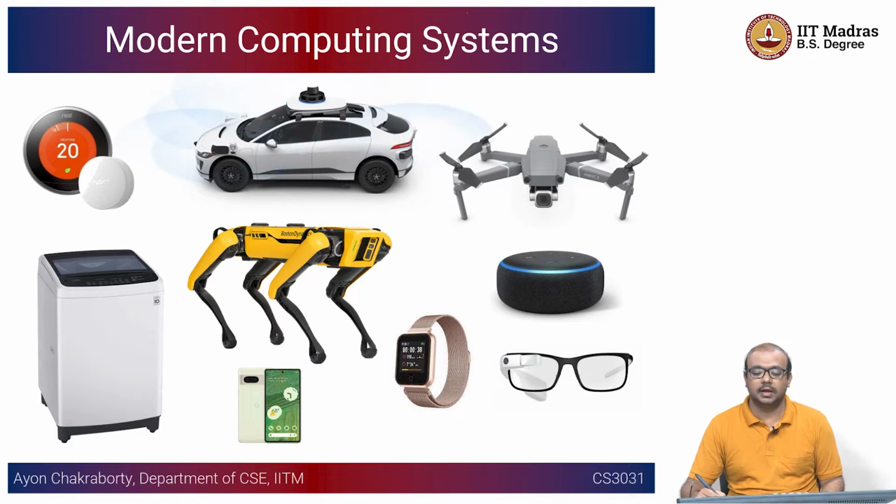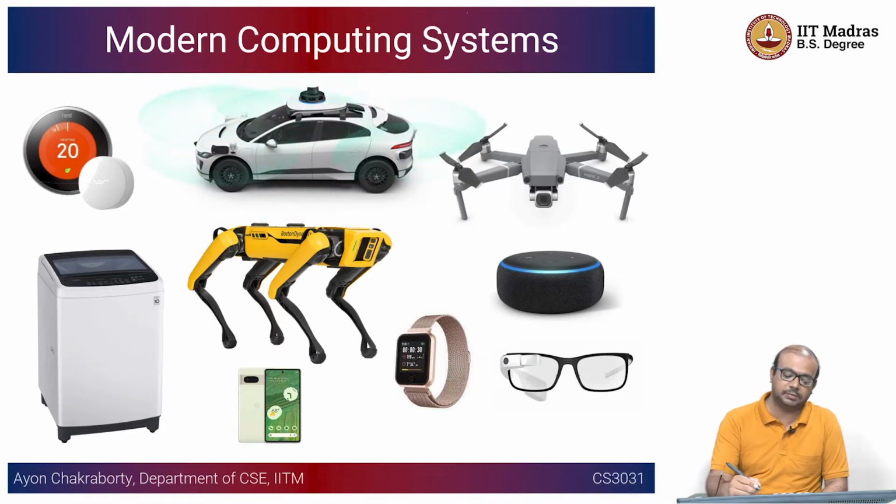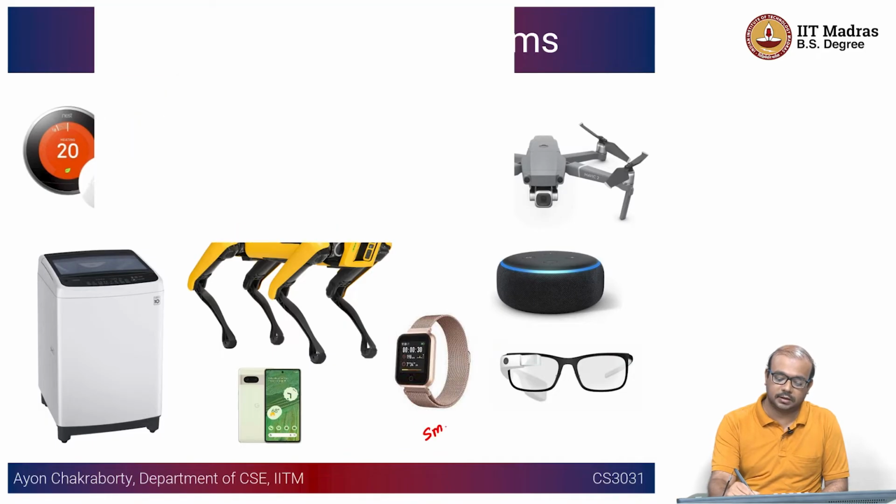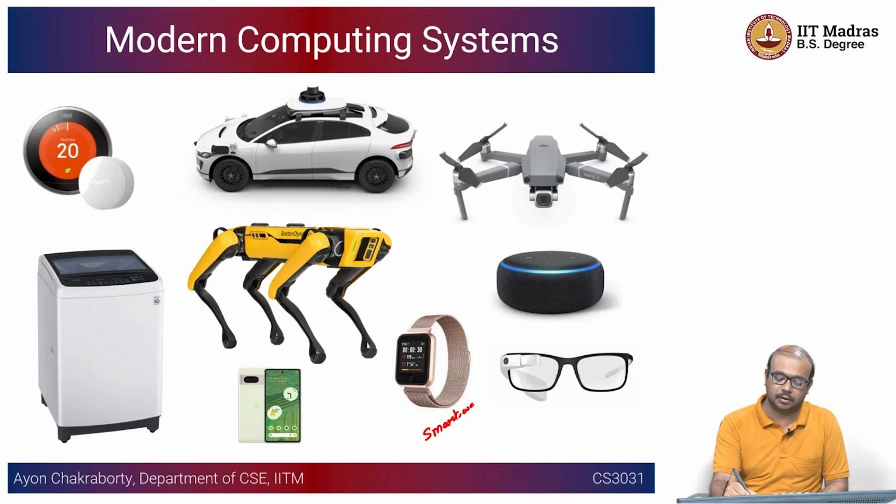But apart from that class of computer, you have this vast diversity in the computing systems world, starting from something like your smartwatch, which many of you might be using, to a mobile handset, or a smartphone,